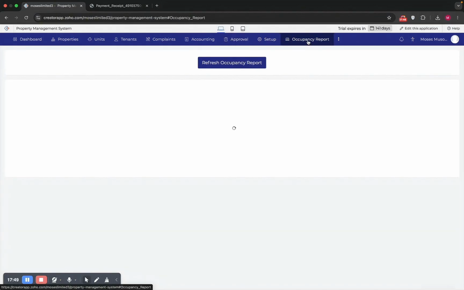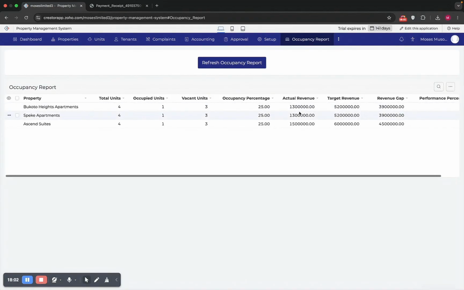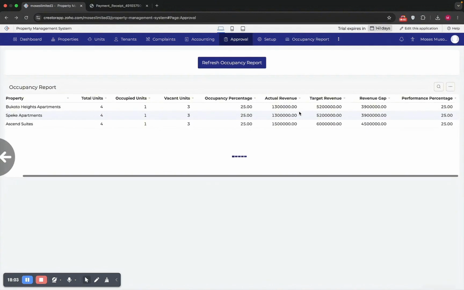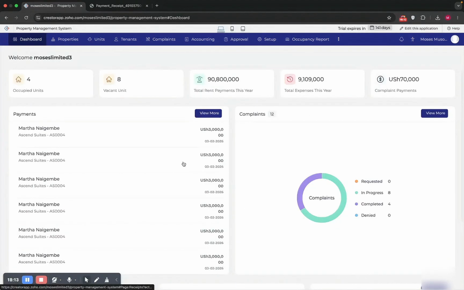Then we cover the setup section. Then you also have reports, so you can create different reports in the system, and away from the default reports that you've been seeing, you can create reports that you need from the data that is in the system. So that is the property management system that can integrate with all Zoho products, like Zoho Books, Zoho Inventory, any you want to integrate with, and you can also integrate with external tools to help you keep track